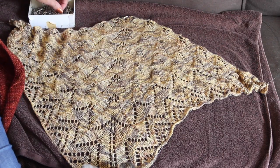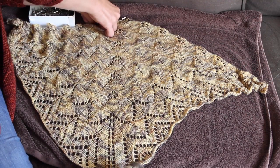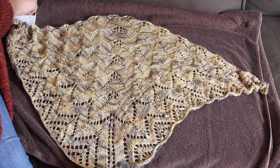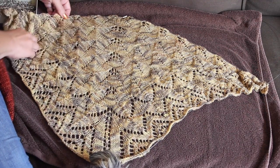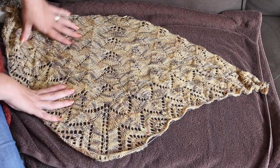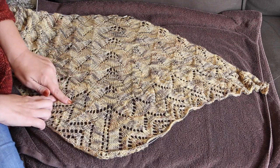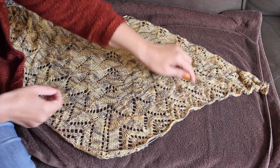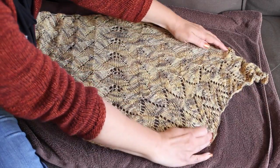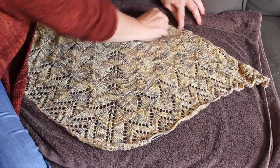So you're going to take your T-pins and just continue to stretch and pin, and then again stretch and pin, so that your leaves are becoming more open, the eyelets you can see better. If you look at the section over here, it's still very crumpled, but once we are done, they're all going to be spread. So again, I will just stretch and pin,